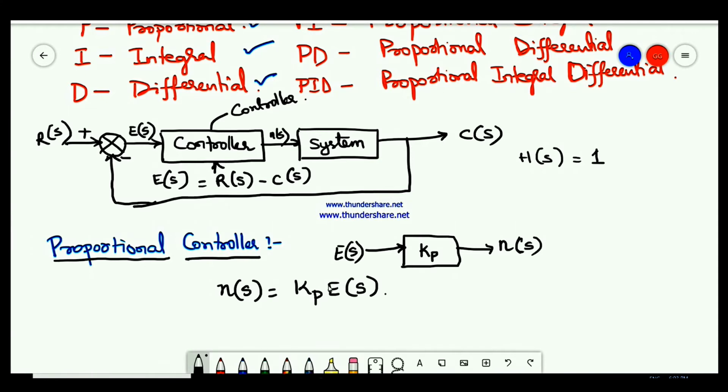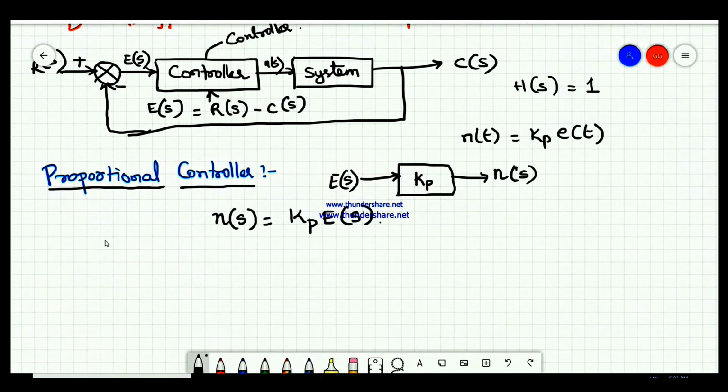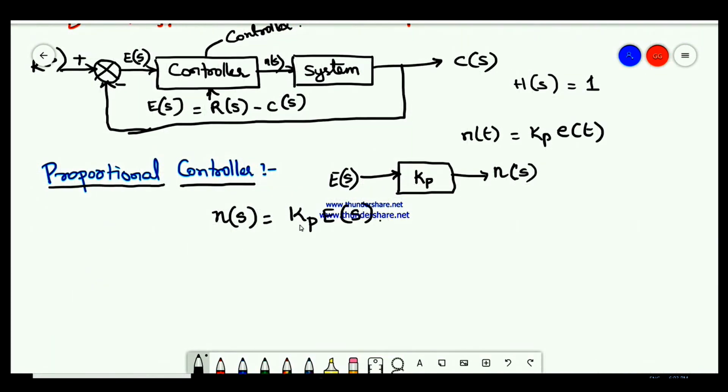Therefore, we normally write in time domain, where N of t would be equal to Kp into E of t. Now if you take the Laplace transform of the time domain, you will get N of S equal to Kp into E of S. Therefore, we see that the result of this, where the transfer function should be taken for this, N of S equals Kp into E of S, where N of S is actually given to the controller,